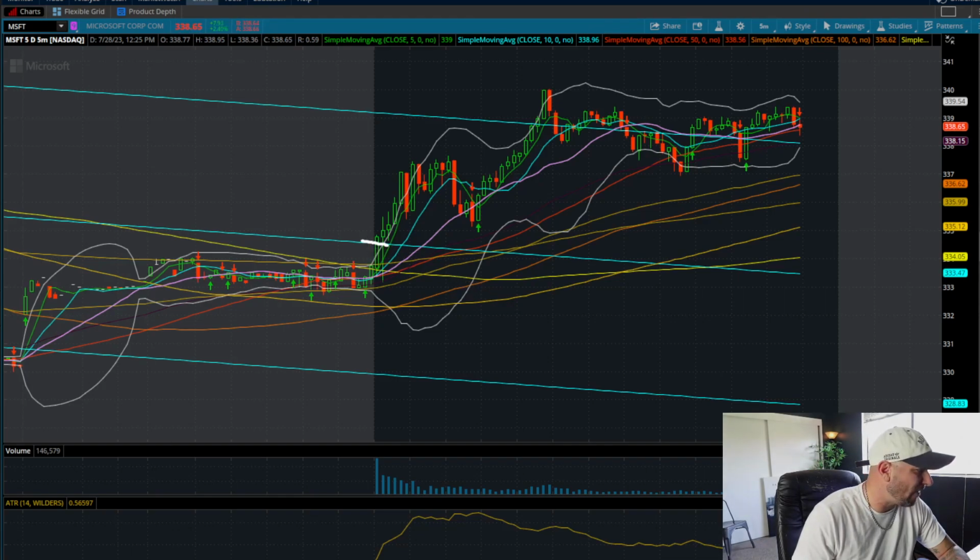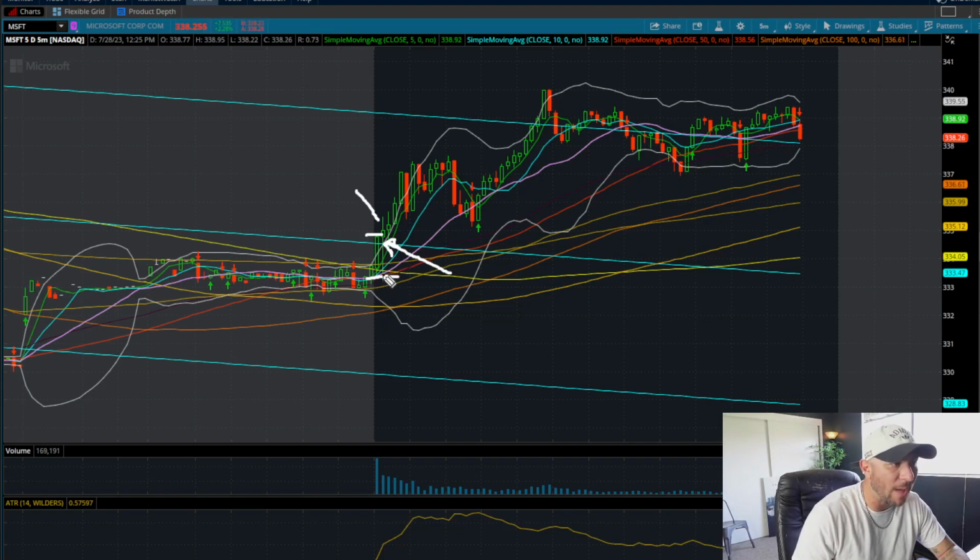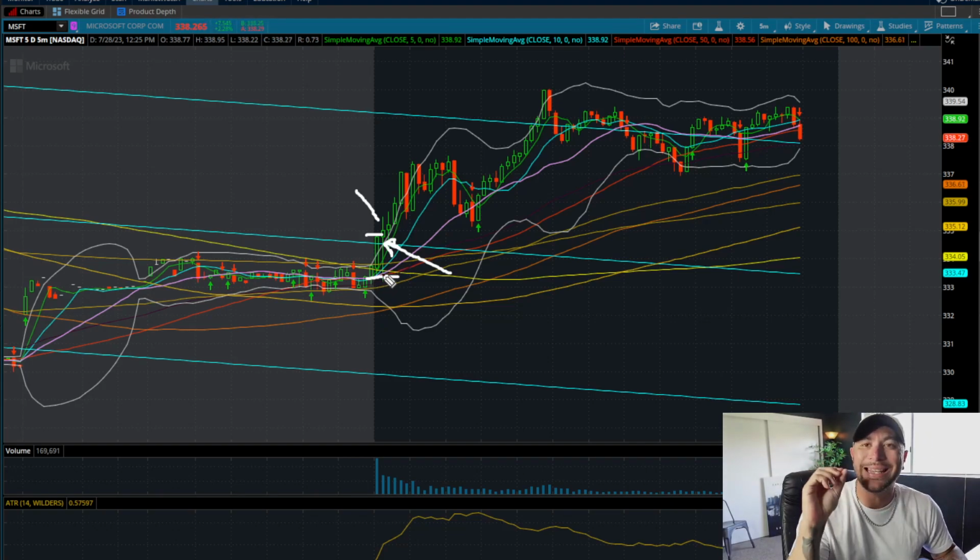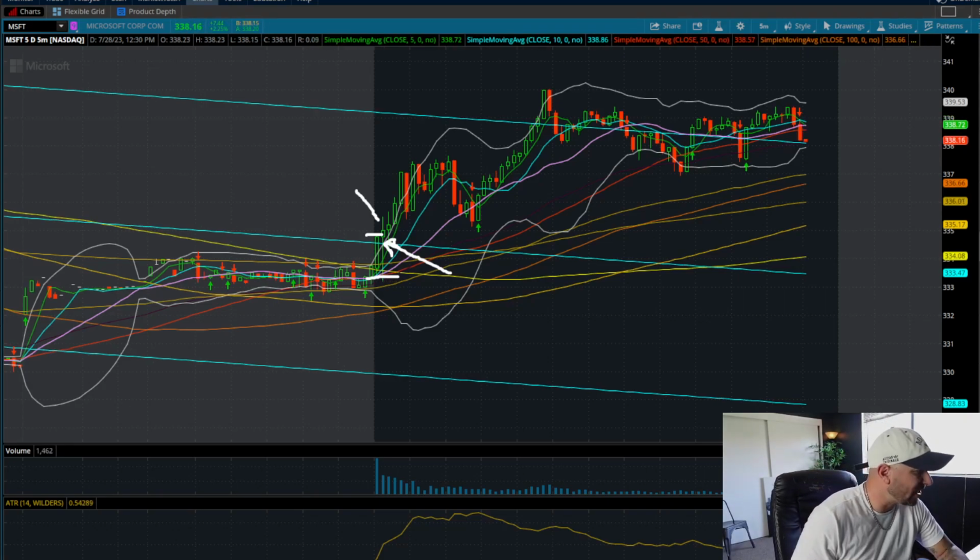So what do I need to have happen? I need to close over the linear regression. I'm going to use a 1-bar stop, and I'm going to put my money into this candle. At one point I was green, then I was red. This drops all the way down below my 1-bar stop. What is the number one rule? It needs to close below your 1 bar. I don't care if it wicks down there. If it doesn't close below, you stay in the trade. So stay in the trade here.